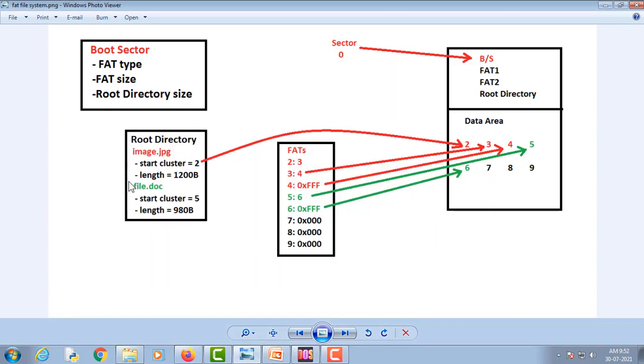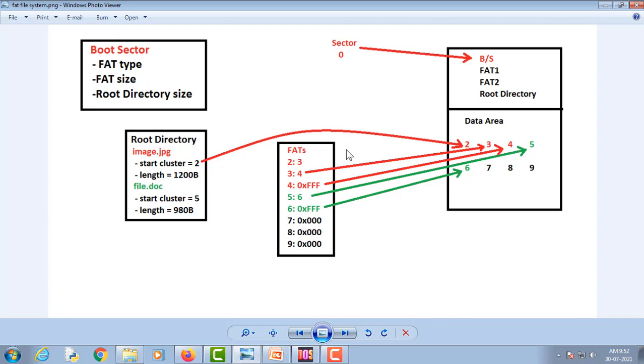In root directory you get information about the starting cluster of the file and the size of the file. As you can see, this image is representing a root directory. So as you can see, this image.jpg is starting from cluster number 2 and its size is 1200 bytes.